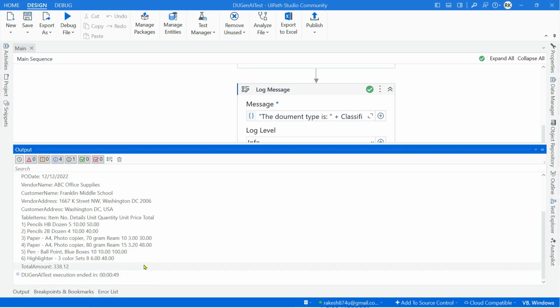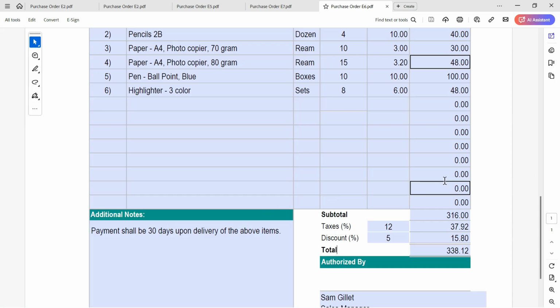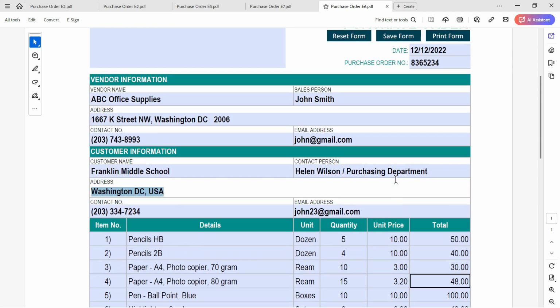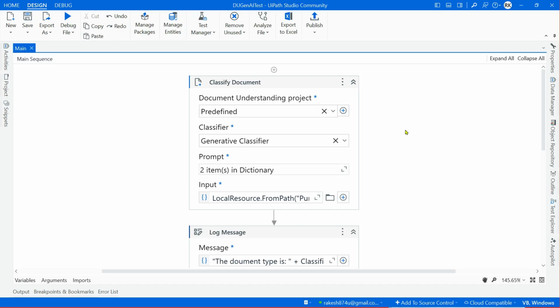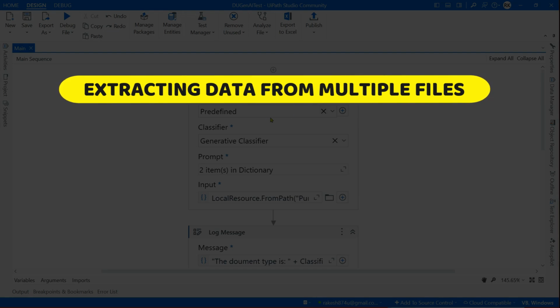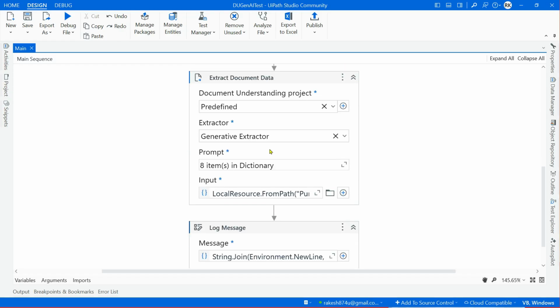The DU GenAI test execution ended, and it took almost 49 seconds to complete, which is exceptionally good, if you ask me. It has done a pretty good job. So that was for a single file. What if I have multiple files? Next we are going to see, with multiple files, how you can use these two activities, classify document and